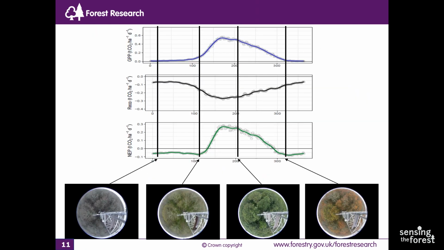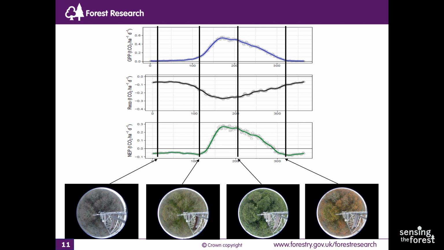So I just want you to look at the bottom graph in this figure, which shows the net ecosystem productivity in terms of tons of carbon dioxide per hectare per day. So anything below the line in this graph represents a net loss of carbon dioxide from the forest to the atmosphere. And you can see that when the forest is leafless, as it is over the winter, so there's no green leaves to drive photosynthesis, the forest acts as a net source for carbon dioxide to the atmosphere,